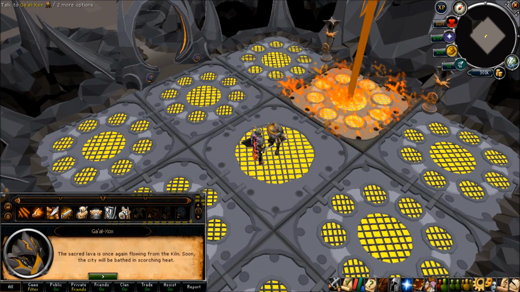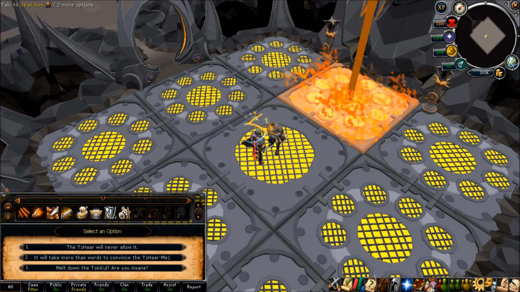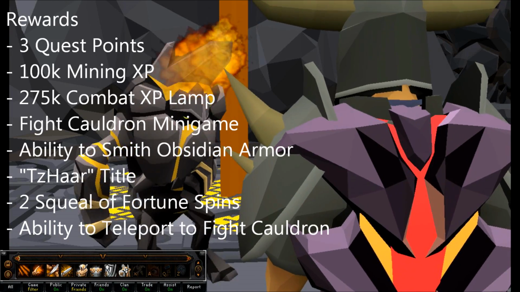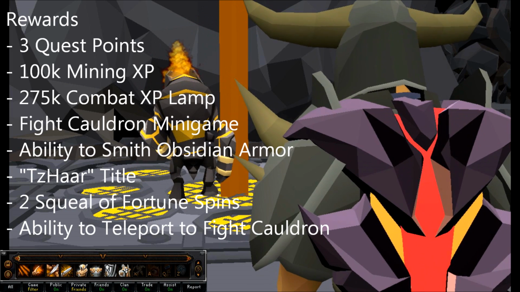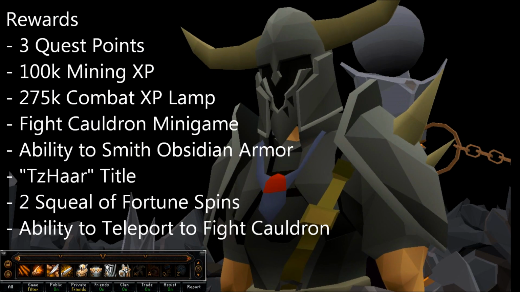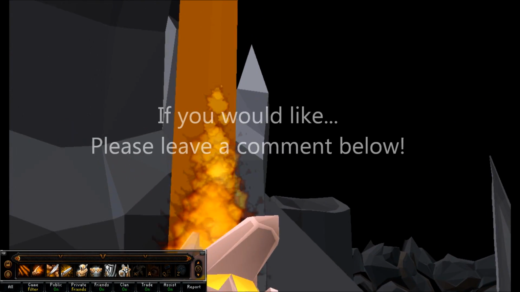As soon as it's dead, just talk to Galzox, then teleport to the main plaza and get Zarmezje to meet you at the Elder Kiln. After a few cutscenes and some chatting, you'll finish the quest and get your reward of 3 quest points, 100,000 mining experience, a 275,000 XP lamp to be used on either attack, defense, strength, range, or magic as long as it's over 80, access to the Fight Cauldron minigame, the ability to make obsidian armor with the right smithing level, the Tsar title, 2 spins on the Squeal of Fortune, and the ability to teleport to the Fight Cauldron with your Tokelzo ring. I hope this guide helped,